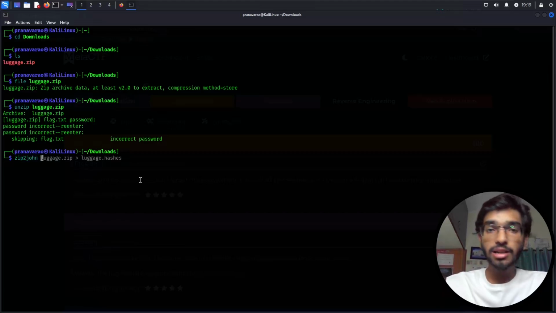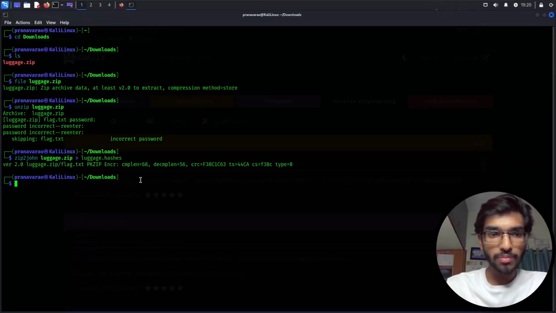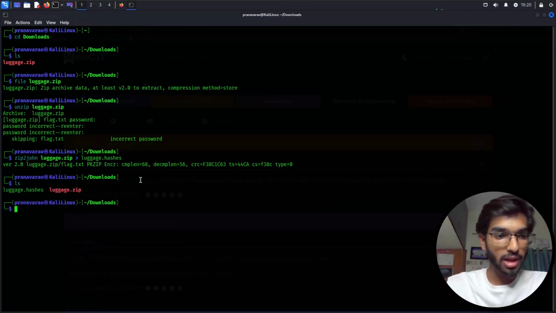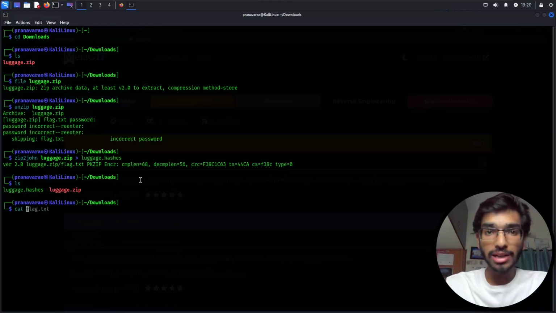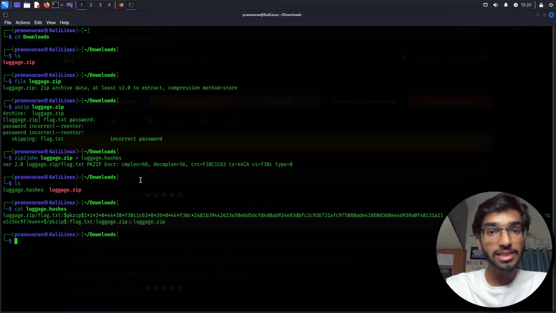zip2john, enter the file name of the zip file which you want to be extracting from. In my case, luggages.zip, and the name that you want to be giving for the hashes to be saved in the file name. In my case, I will name it as luggages.hashes itself. Press enter. So this has saved the hashes of the PIN which we need to be cracking. So if I list out the files present in my directory, I can see the hash file and also the zip file. So when I list out the contents of the luggages.hashes, I can see the hash of our PIN